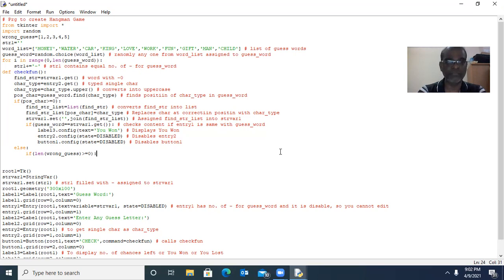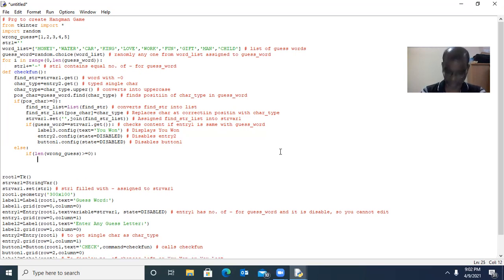So still we are having 5 chances. Here we can have one comment: checks whether 6 chances are left or not over. If it's not equal to 0, 6 chances are not over. If wrong gives 0, 6 chances are over.